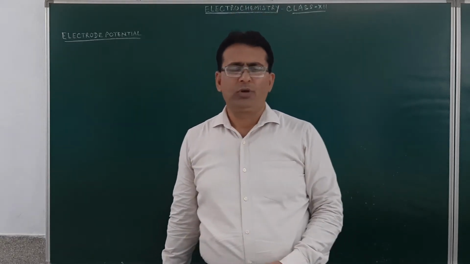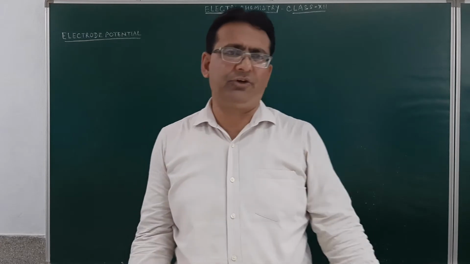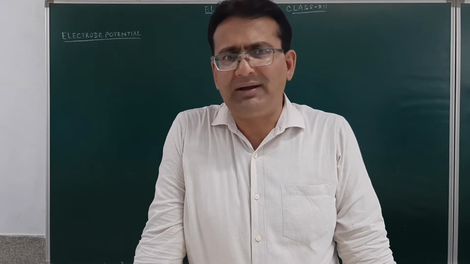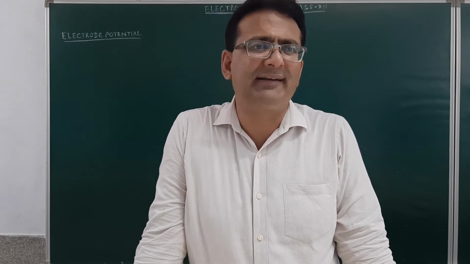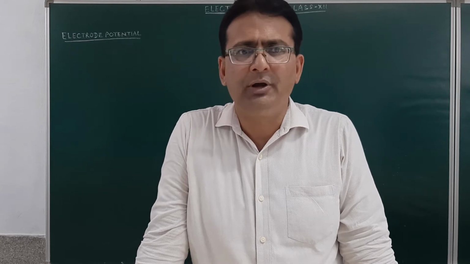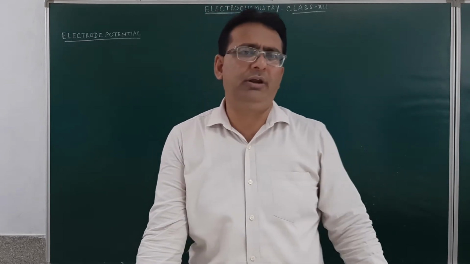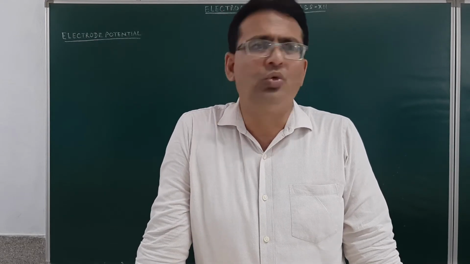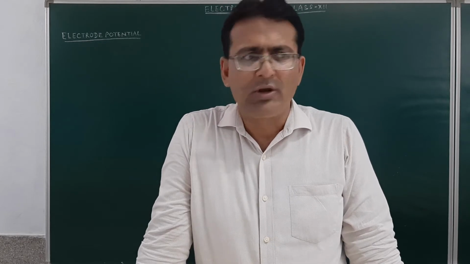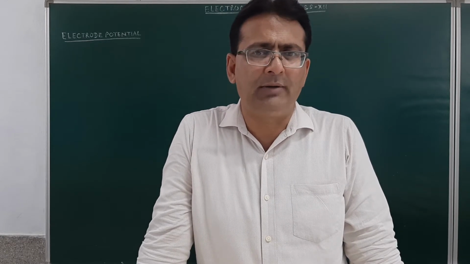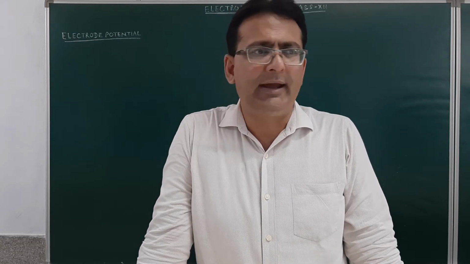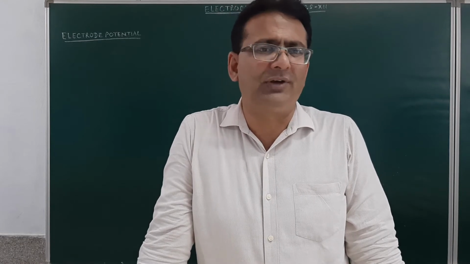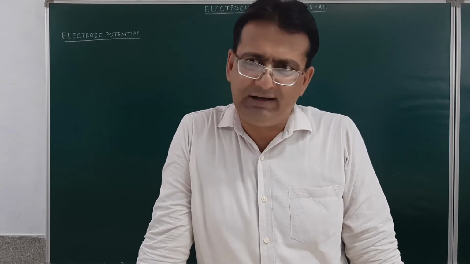Good morning, students. As you know, in the previous lecture, we discussed the electrochemical cell, and in it the Daniell cell, in which in one compartment the zinc electrode was dipped in zinc sulfate solution and the copper electrode was dipped in the copper sulfate solution. The two were internally connected with the salt bridge. We discussed how to write down the cell reaction for the oxidation half as well as for the reduction half. Then we discussed the significance of a salt bridge along with the representation of a cell.